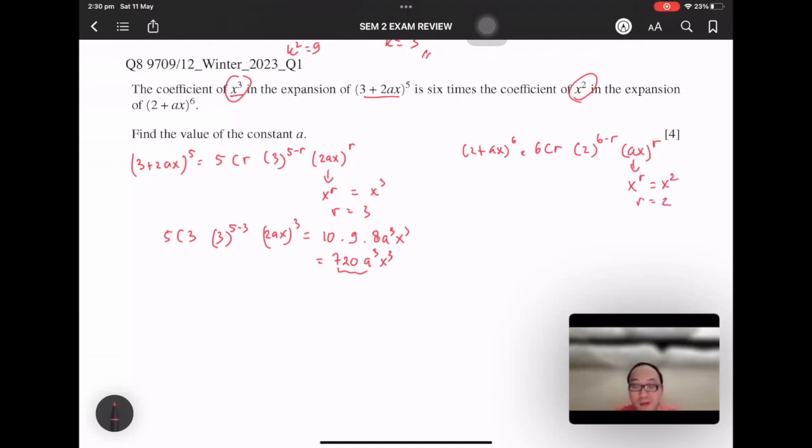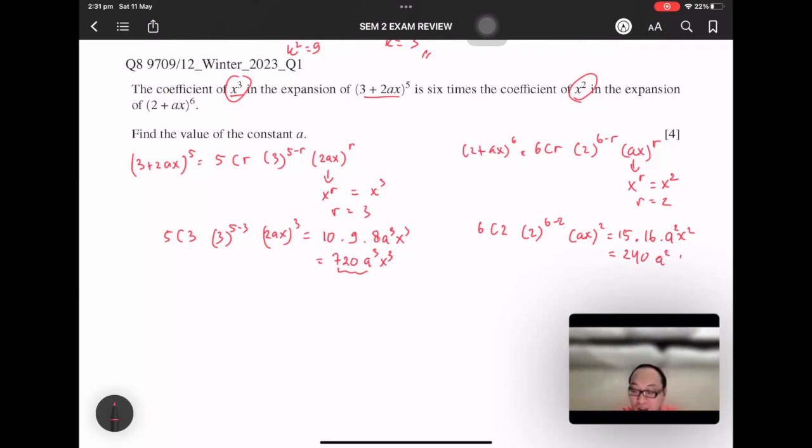So from here, we have 6C2, 2 to the power of 6 minus 2, (ax) to the power of 2, equals 6C2, 6 combination 2 is 15, 15 times 2 to the power of 4 is 16, times a squared x squared. So equals 15 times 16,